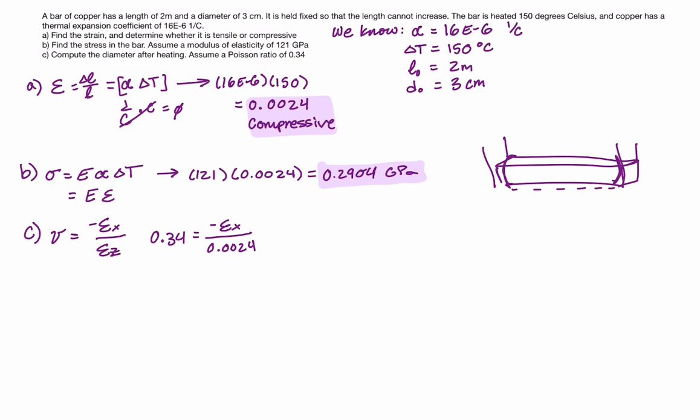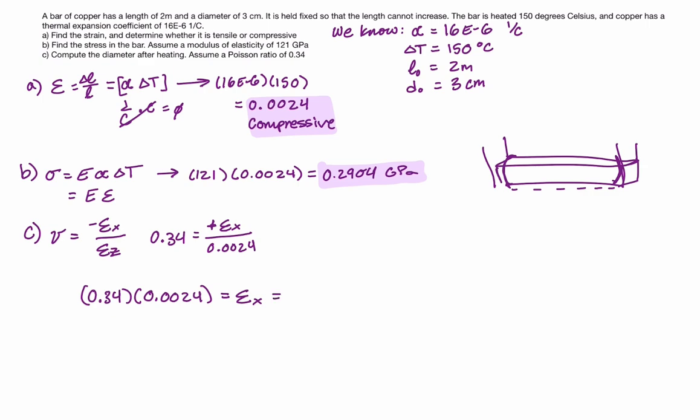So now if we remember that we have a compressive strain, which is compressive negative 0.0024, this cancels out this negative here, so it's going to be a positive. So then we can move that strain over. So we've got our Poisson's ratio. We're going to multiply that by 0.0024. Again, now things are positive. And this equals epsilon x, or the strain in our x direction,